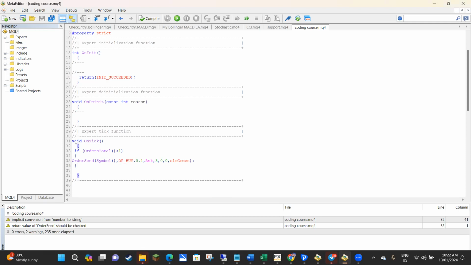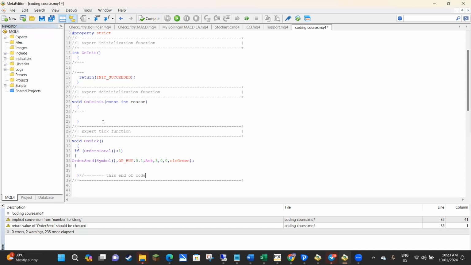There's one other thing I wanted to touch on as well. So you've got all the sections of the code and then the void on tick section. And all of these sections are enclosed with those curly brackets. So everything that you want to happen on initialization, that code has to go in between these 2 curly brackets. Same with void on tick. All of your code has to be between 2 curly brackets. Even though we've got more curly brackets for the if statements, the whole on tick section needs to be enclosed in the curly brackets. So essentially, after this last curly bracket here, this is the end of the code,